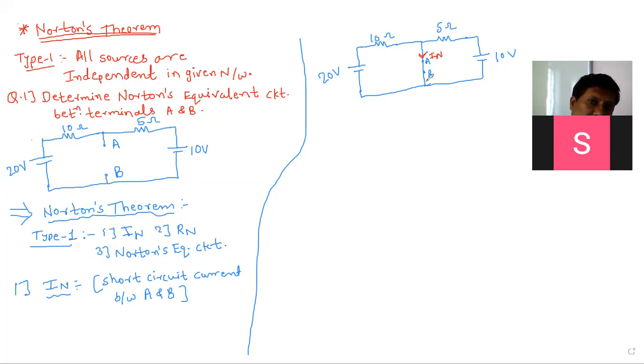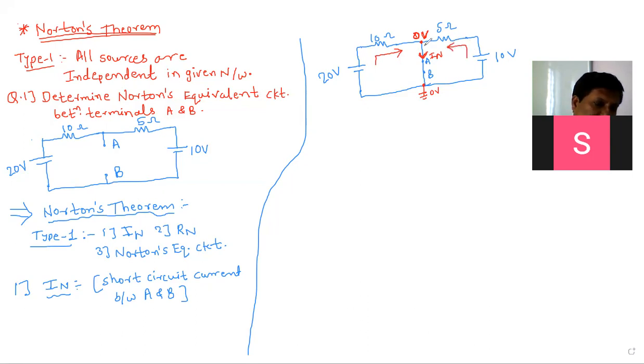What is the voltage across this short circuit path? It is 0 volt. This is ground, so the voltage across this is also 0 volt, because ground gets 0 volt, so if this is shorted, here also it will be 0. So IN, the current passing through this short circuit, we have to find out. Obviously 20 is greater than 0, so the current will flow in this direction. Obviously 10 is greater than 0, so current will flow in this direction.